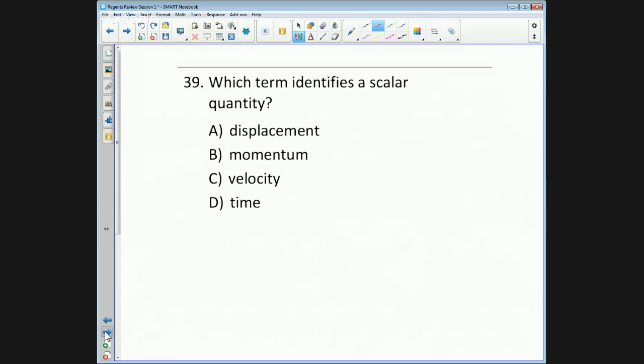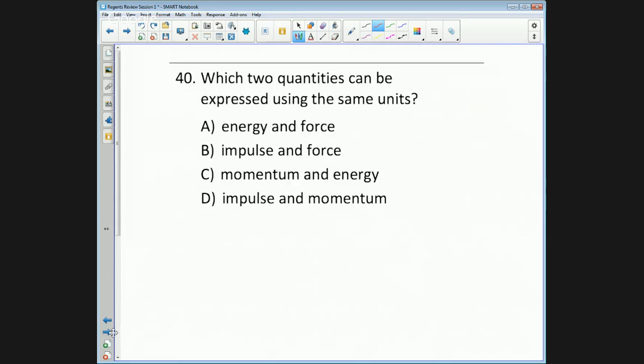For number 39, a very easy one. Which term identifies a scalar quantity? Displacement, velocity, and momentum, they all have direction. So these are vectors. So the answer is D, time. Time doesn't have a direction, at least not in Regents physics. For number 40,